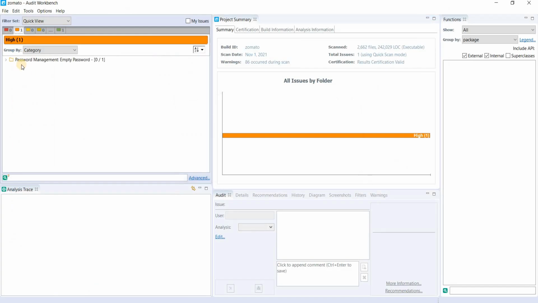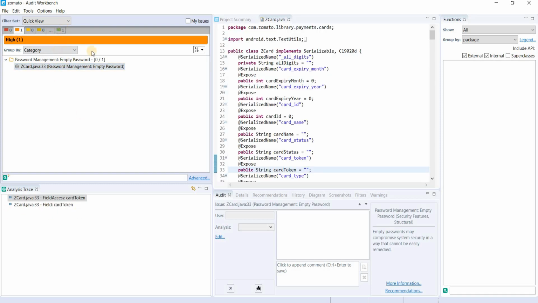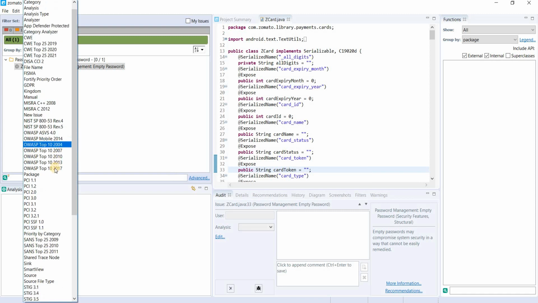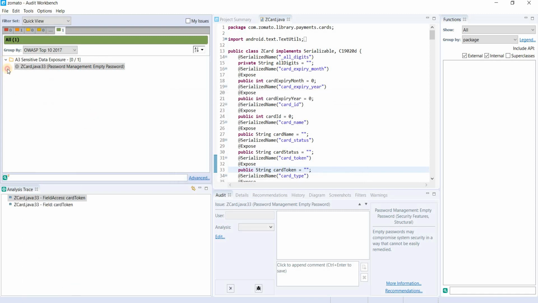If you can see here, there is one medium issue, that is no empty password. You can categorize it as OWASP Top 10 or Top 10 2017, and then if it is a false positive, you can verify it and just check it. Here is the flow, how the input is getting traveled and all. If you verify it's a false positive bug, you mark it as not exploitable or not an issue, or if it is exploitable, you just keep it as exploitable. Once you verify, you're getting my point, right? If it is not exploitable, you get a tick mark. If it is exploitable, you will get a red mark.